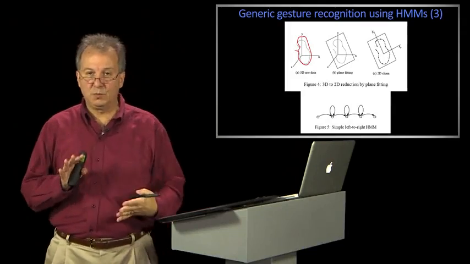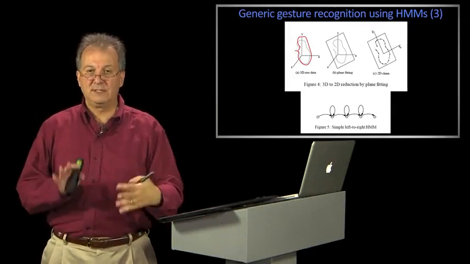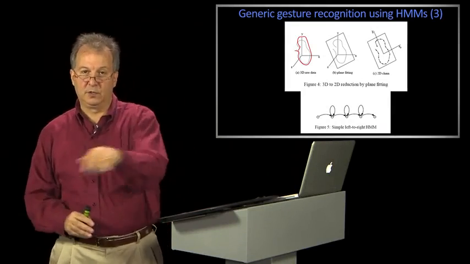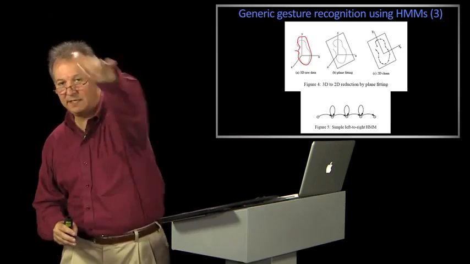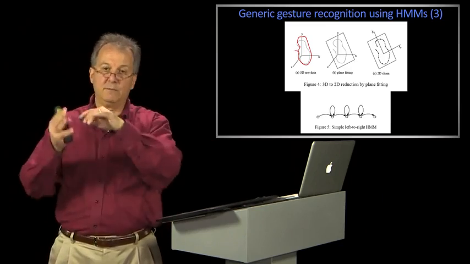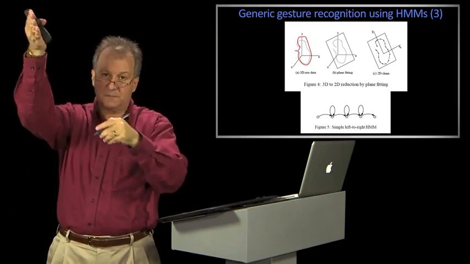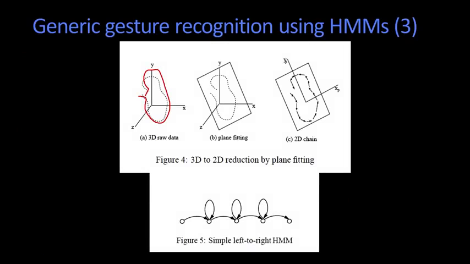And the first thing they did was they said, well, your gesture is pretty much planar, right? The plane could be this way, could be this way, but the idea is that a single gesture didn't move in more than a plane. I might even go like this, but you'll notice even this figure 8 is in this plane, right? So they find the plane that the gesture fit best to, project it down, and then they did what's called